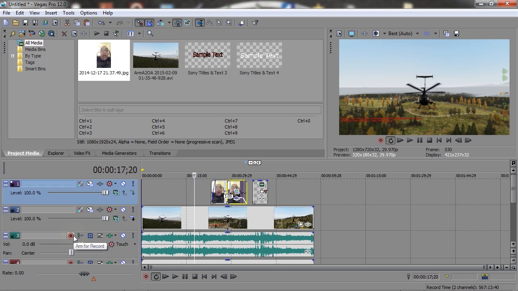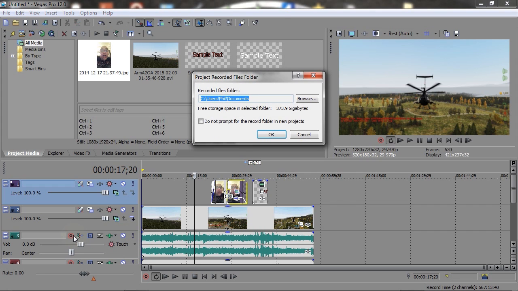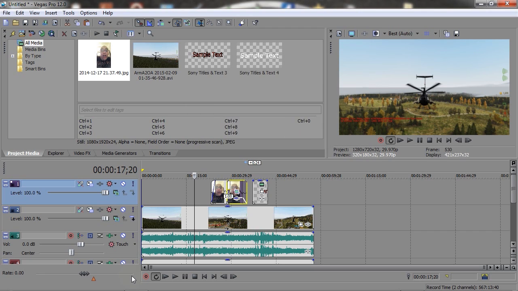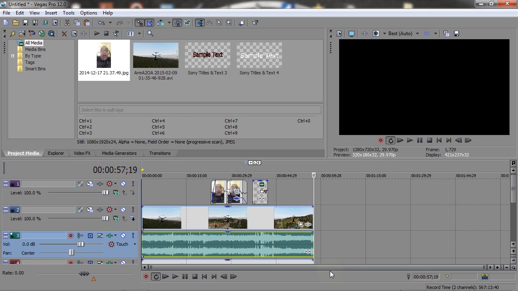We got the record button there. You can arm a track for recording. You click OK there, that'll save wherever you want it to save to, and then you click record there, and then you start recording from wherever this bar is. So for instance, if you wanted to record another track, you do it from there. That would be for like if you wanted a quiet commentary,